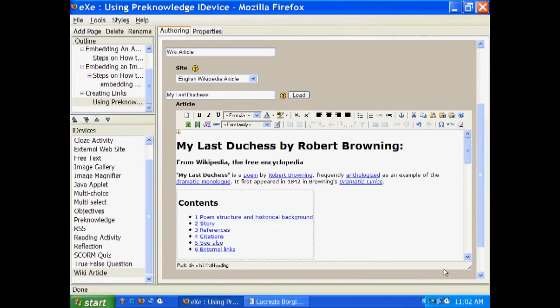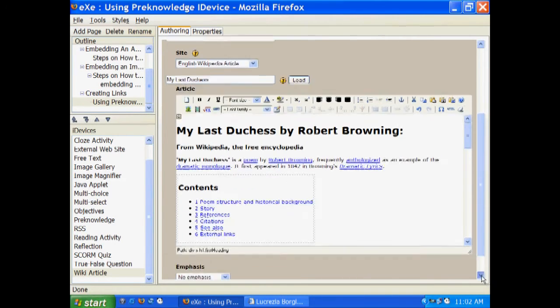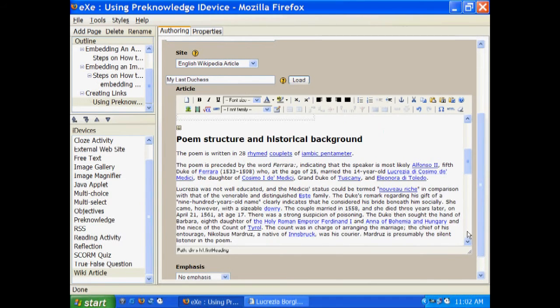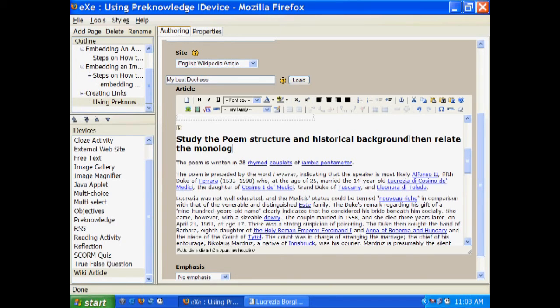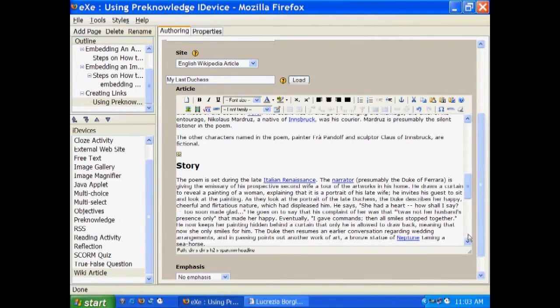Once you have customized the open content resource, it can be exported as IMS content package, SCORM, in a website, in a self-contained folder or zip file, single file, text file, or iPad notes. The flexibility of using this iDevice is both to the advantage of the learners and teachers. As for educators, we can choose the most appropriate learning materials from the plethora of e-learning content from the internet.